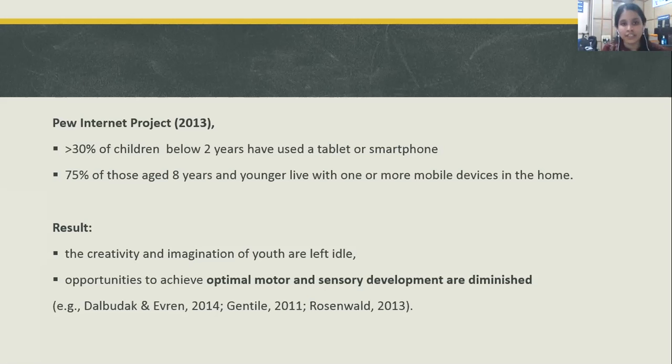And 75% of those aged 8 years actually have this in their own home. So the result of this kind of usage is that the creativity skills or imaginative skills and motor and sensory development of the child is going to be diminished.